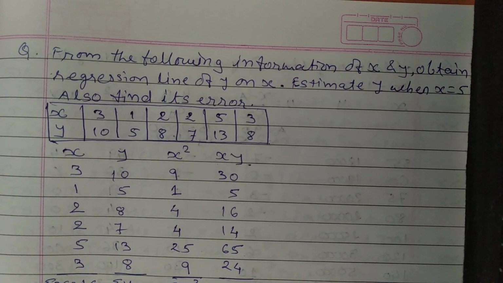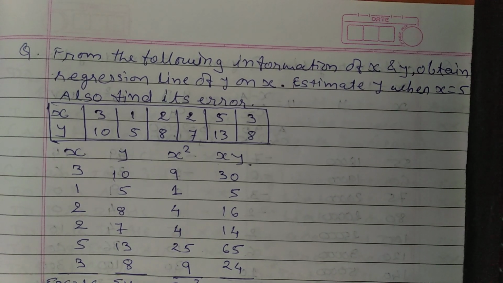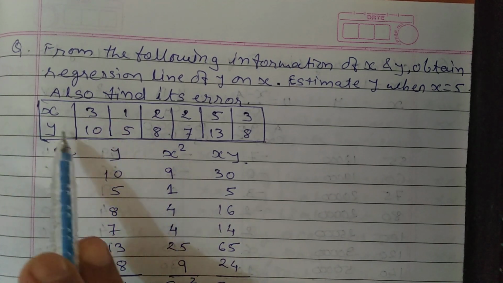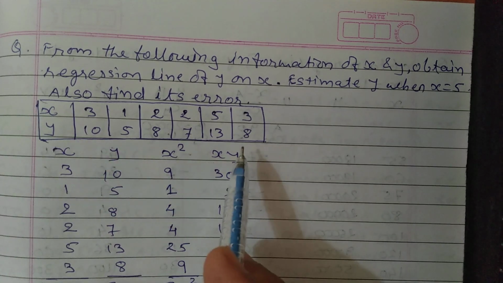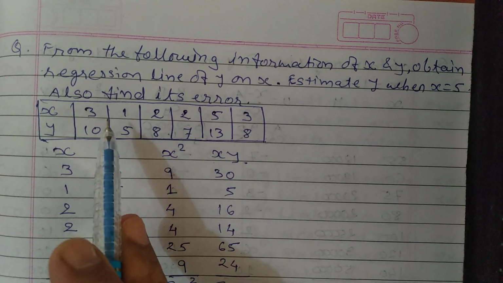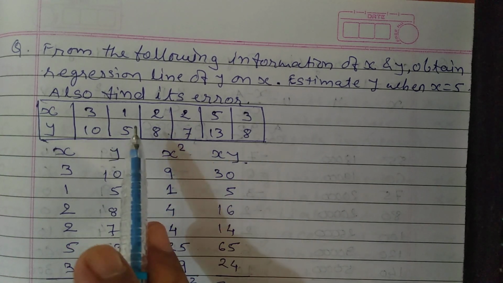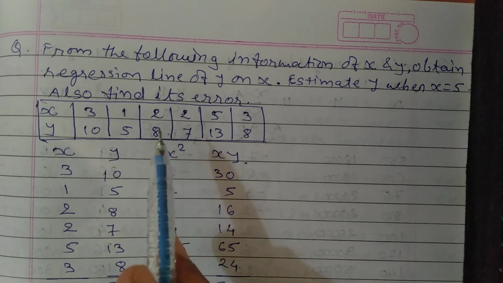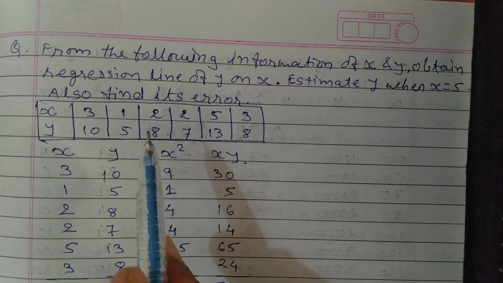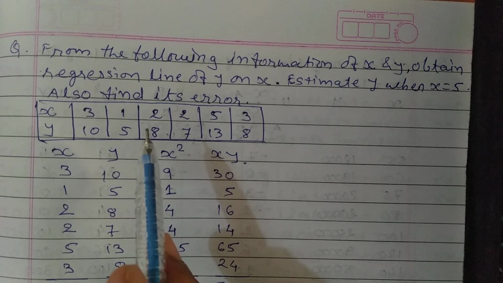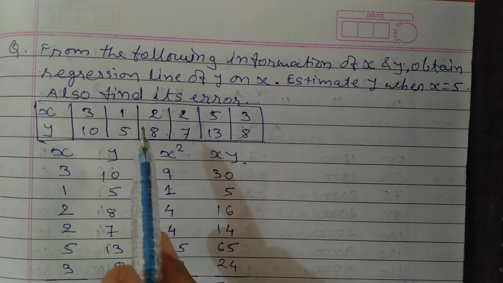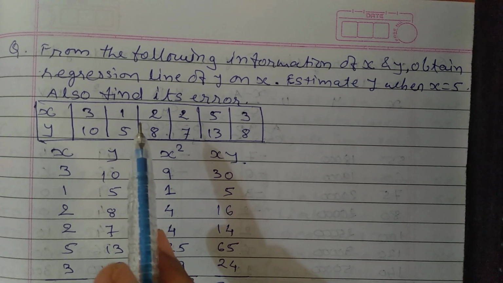Hello students, we have already discussed three formulas to find the regression coefficient B. Now, first thing, check the values of x and y. If the values of x and y can be squared without using a calculator, you are supposed to use the formula which carries n sigma xy. Let us understand this question and use the formula.